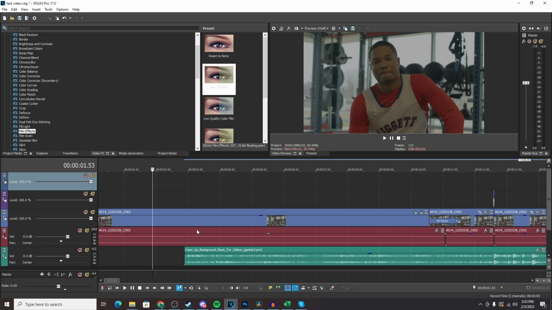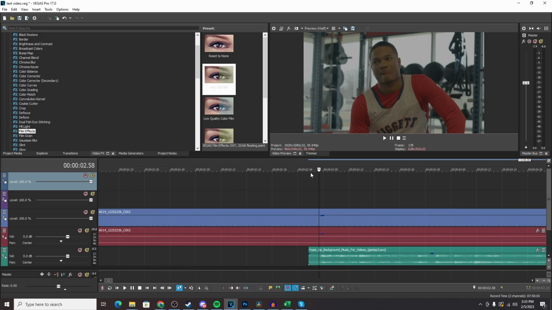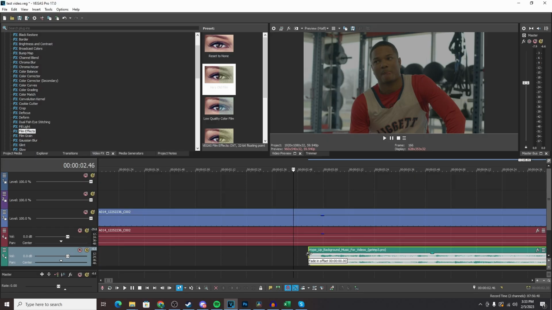Now I'll be showing you how to fade your video and audio in Sony Vegas Pro 17 or 18. So we're going to be fading this music to start out right here. You're going to see these two little tabs in the corners, and you're going to go right up to this, not at the top of the video, but close to the top. It's going to pop up this little triangle looking thing, and you're just going to hold that down and pull